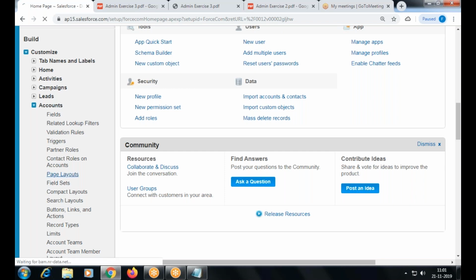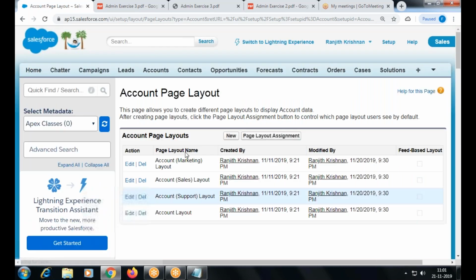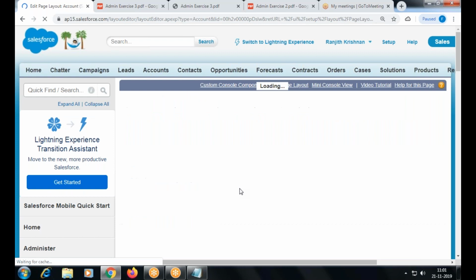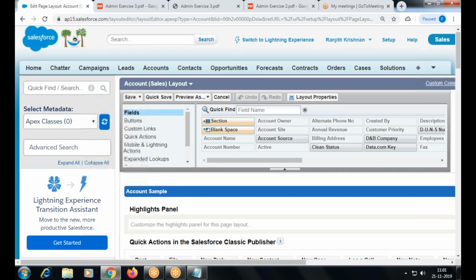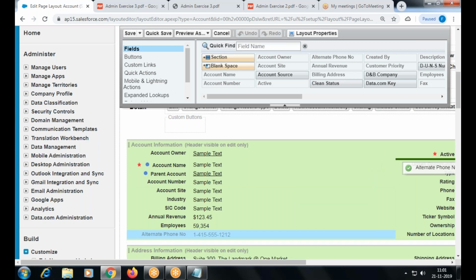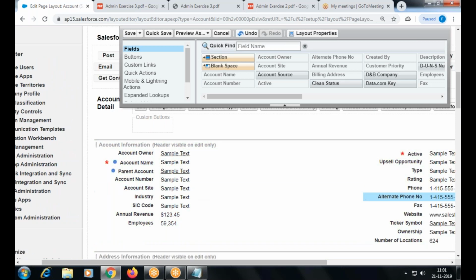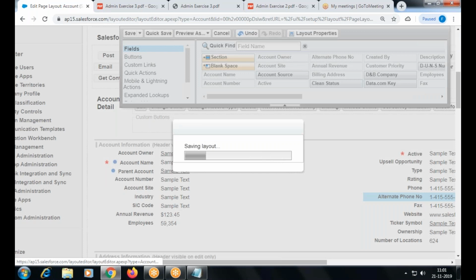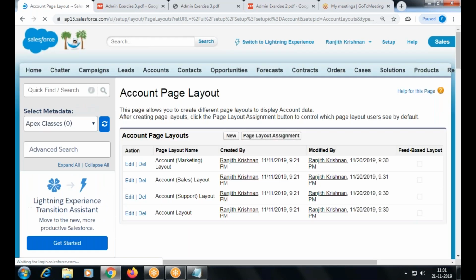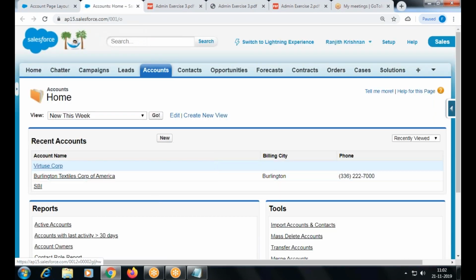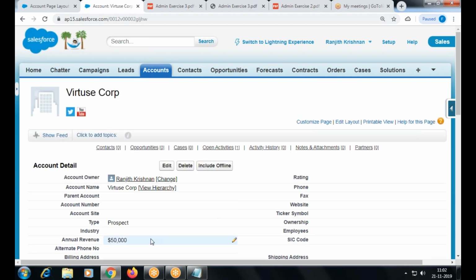Okay. I go to page layout. There are 4 layouts they have given. One for marketing application, sales. Okay, like this. So which layout? Let's see, sales layout. From here you cannot see which application layout. Alternate phone number. Fixed phone number. Okay, say. Not this one.